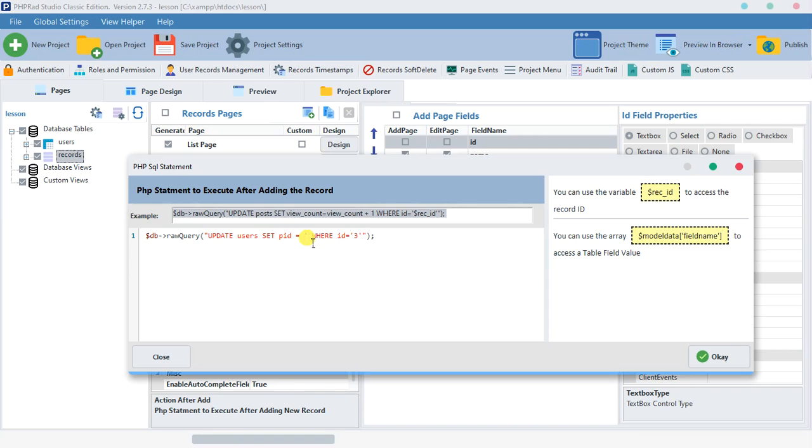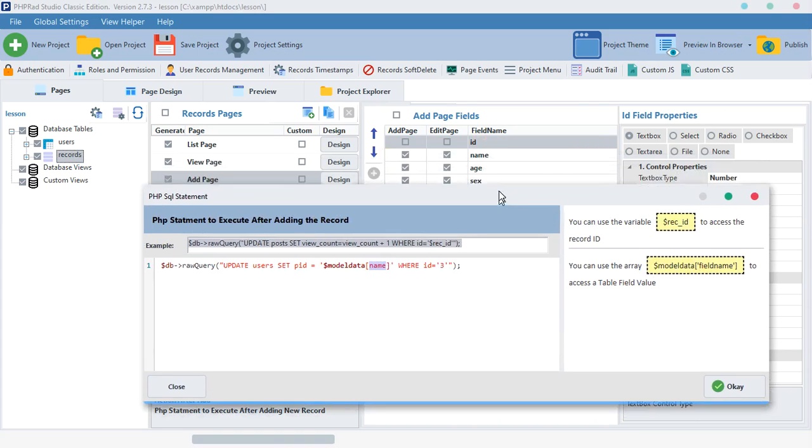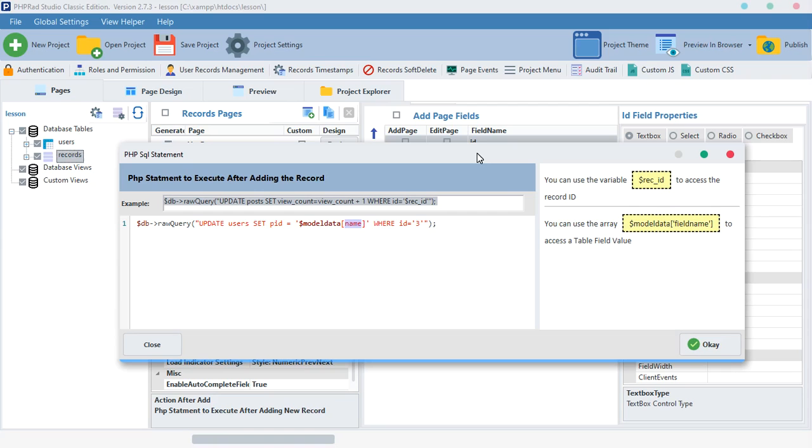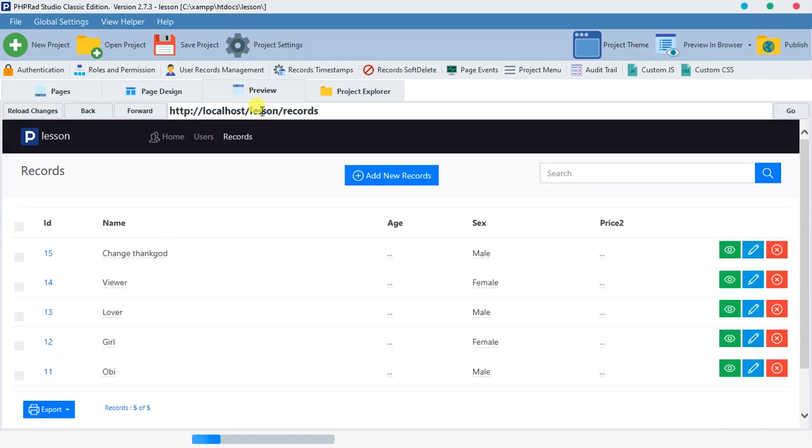Remember, I have a single quote, and inside the single quote, I'm now doing my model data variable thing. So model data. Because I'm having a single quote outside, there's no need of typing another single quote inside. I'll just go straight and type the name of the field I want to use, which is the name. As you can see, we named it here. The name is actually name. Alright, so this is actually the code we need, and when we hit OK and preview,